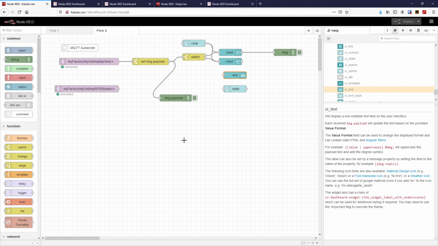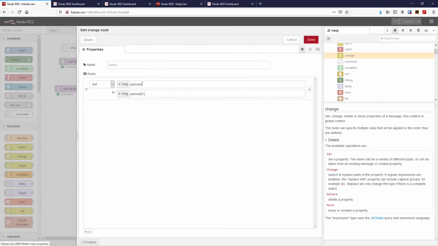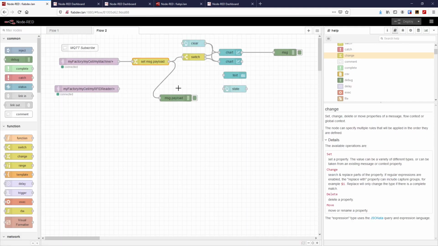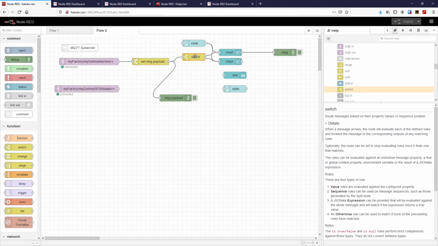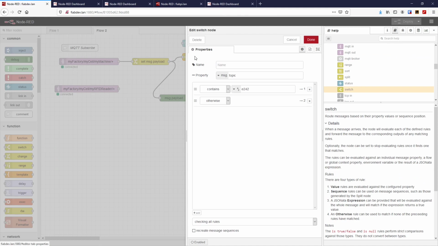Perhaps we should put the RFID reader payload here. I wonder if we can make use of this one. We're going to set the payload to payload 1. Let's make that the same. No, if we do that, that will end up in the chart. We might have to switch that again, so let's see if we can do that. Let's add, if it contains E242, if it contains,